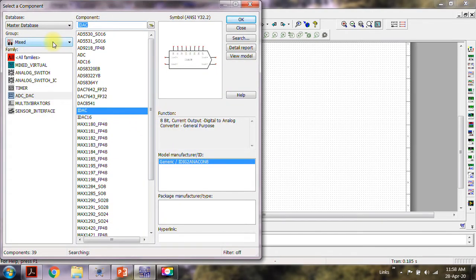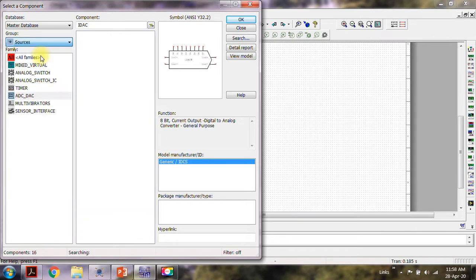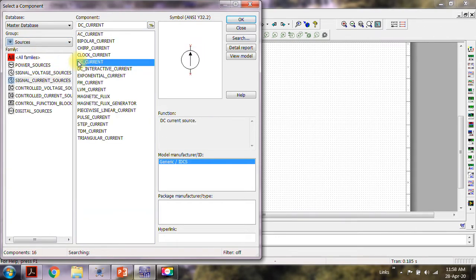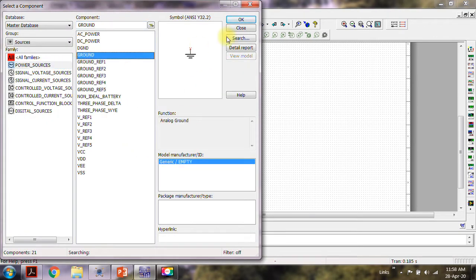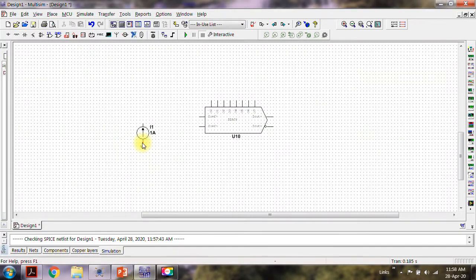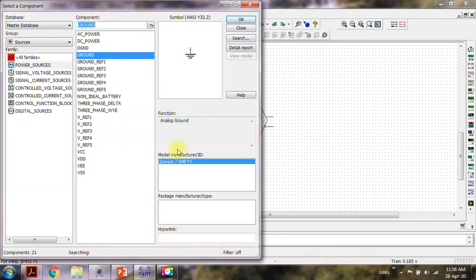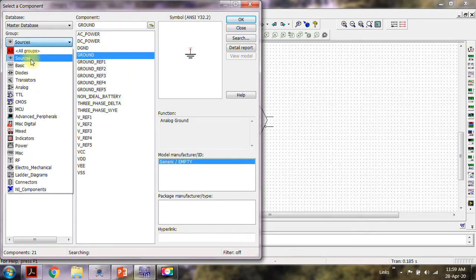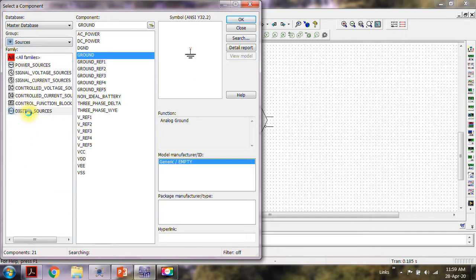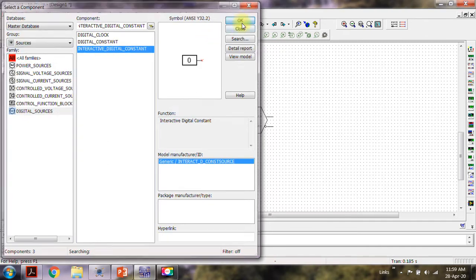Alright, then we have to select the reference. Now here the reference is the current source, so select the DC current source. Alright, the ground for that, return path. Then we would require the digital sources, interactive digital constant.